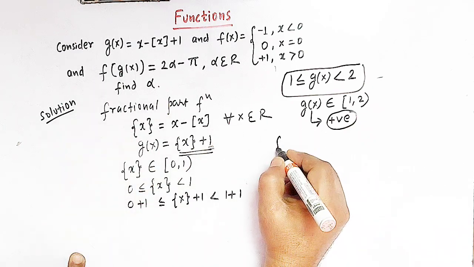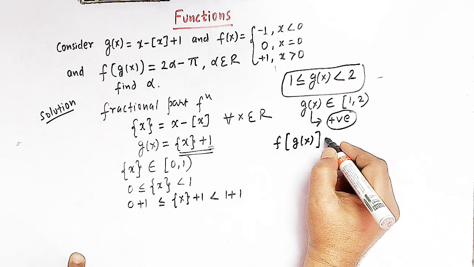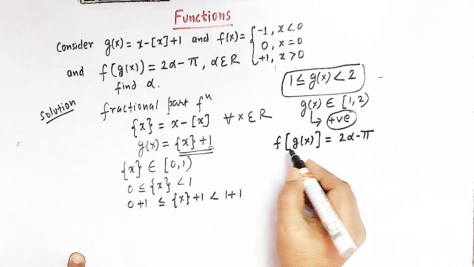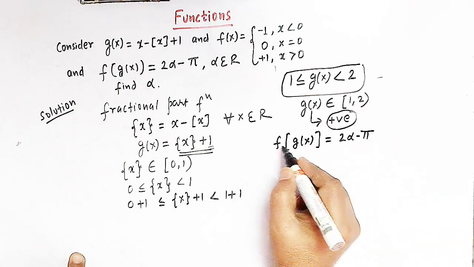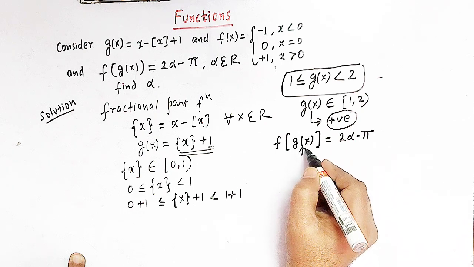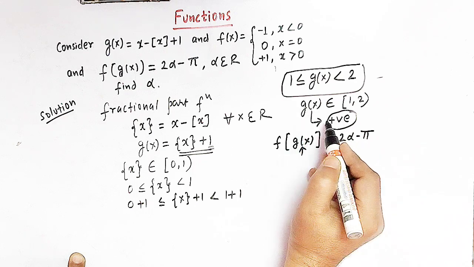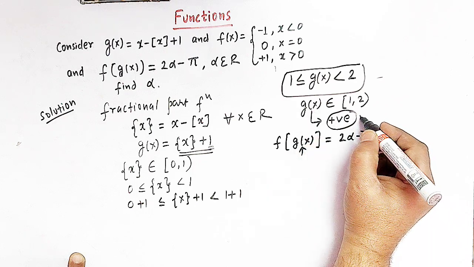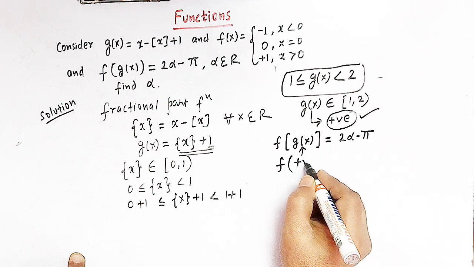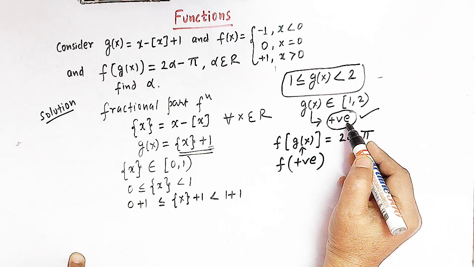Here we are given f of g of x is equal to 2 alpha minus pi. Now see, we have f of g of x, that is, the input is g of x, and we have just shown that g of x is a positive quantity. So we have f of some positive number here,